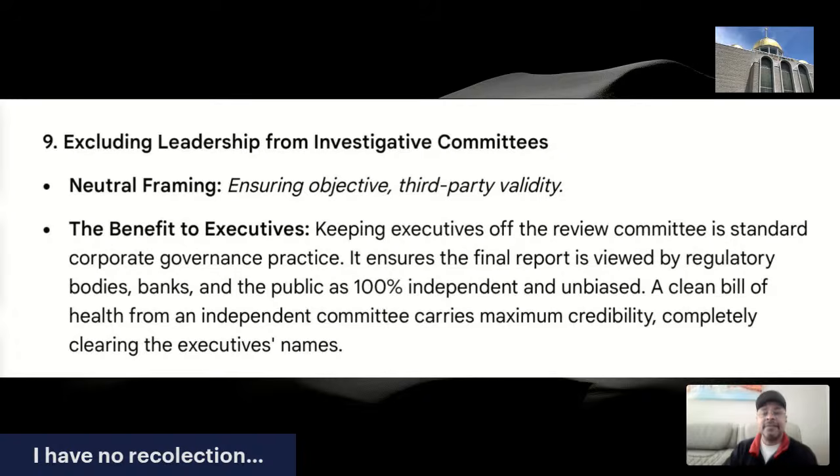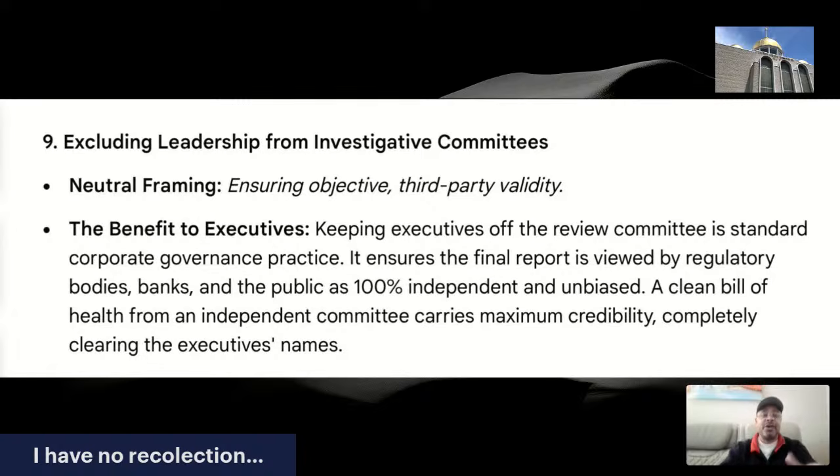And excluding leadership from investigative committees, ensuring objective third-party validity, ensuring that the results are valid. If people are left to it, they look into whatever, they investigate whatever, they cannot be blamed if there's nothing. They cannot be blamed for interference. They cannot be blamed for stalling. They cannot be blamed for anything, unless there's irrefutable proof. So with that in mind,